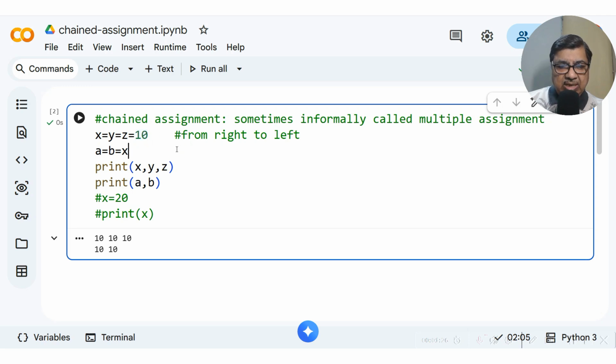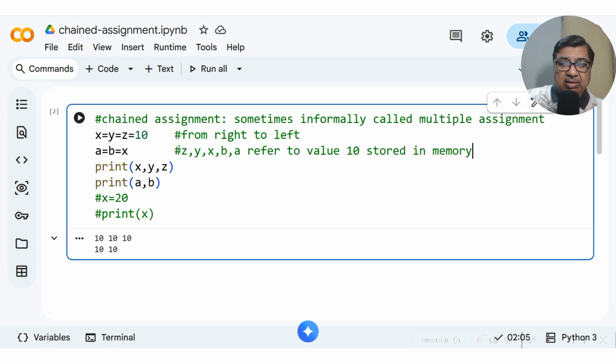So, I would write in this order: Z, Y, X, B and A refer to value 10 stored in memory, right?